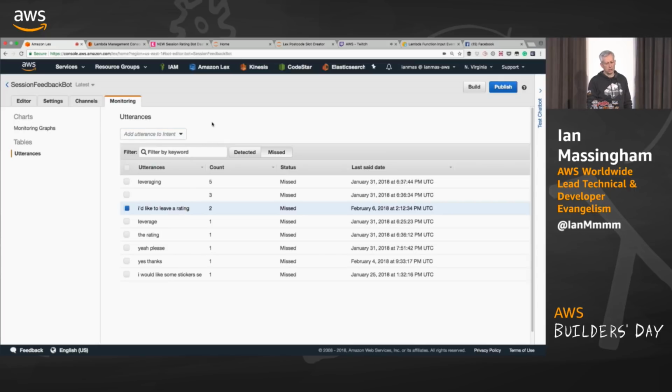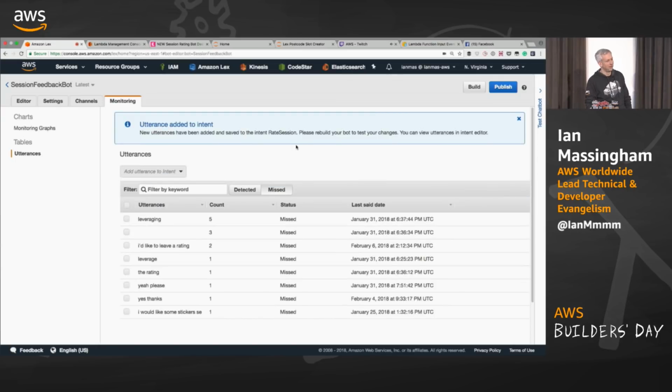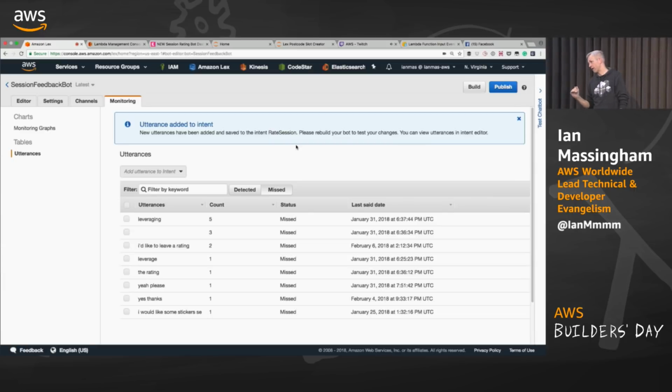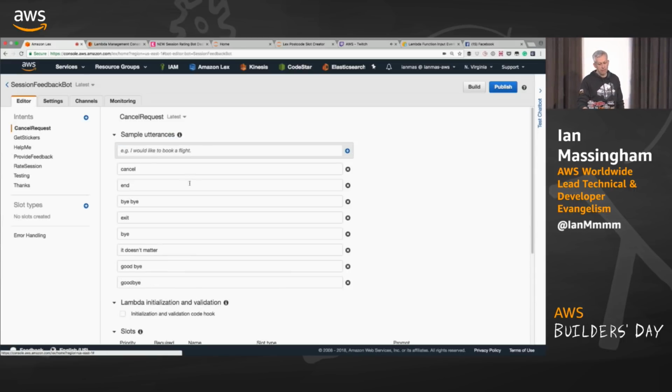It's I'd like to leave a rating. So we can quickly add to our classification model utterances that are falling below our probability threshold but should not fall below it, because that's a really useful tool in evolving your bot over time to make it more accurate.